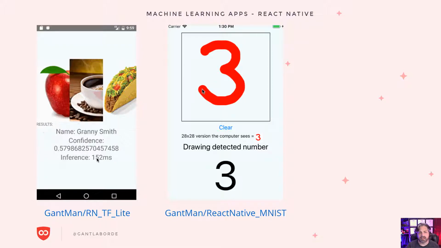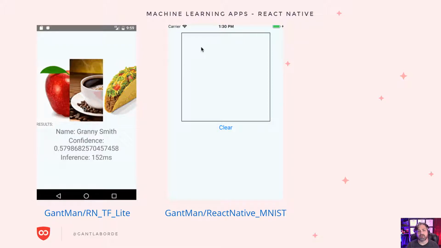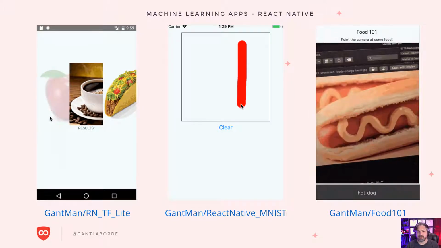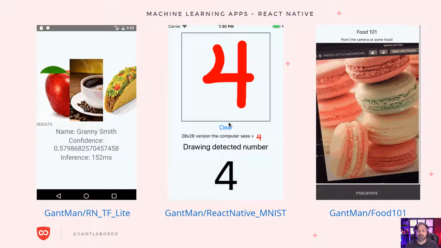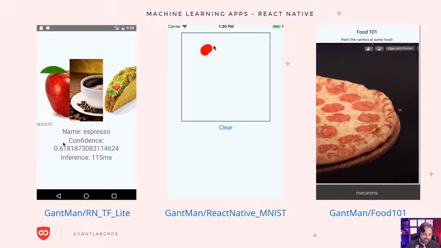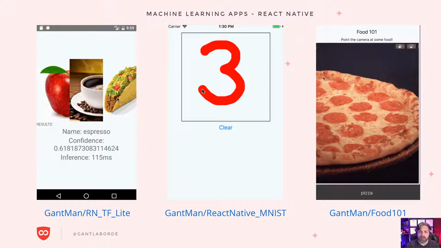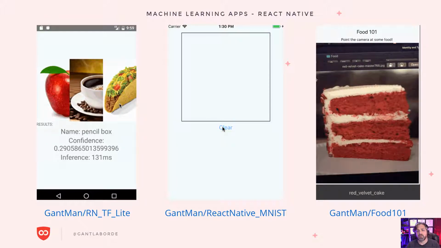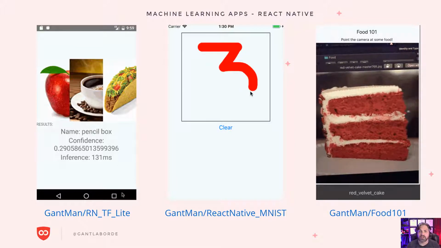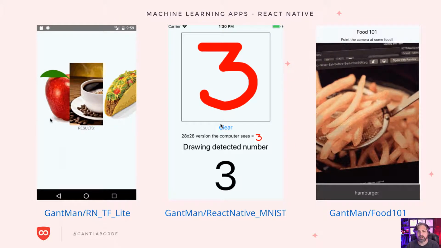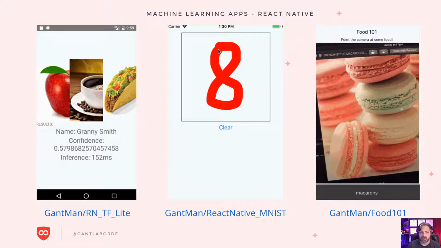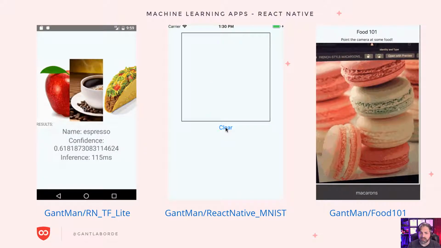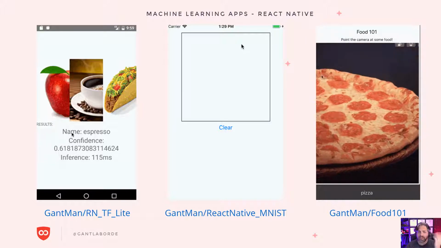And then, of course, we have hot dog, not hot dog, or as I like to call it, hot dog, French fries, red velvet cake, all the fun stuff. So, Food 101 data set here is being utilized on Core ML on an iOS device, where in video, it's actually looking around and identifying what are these food items. Really interesting, really cool.